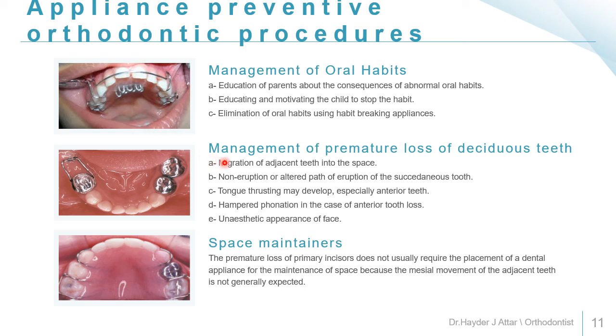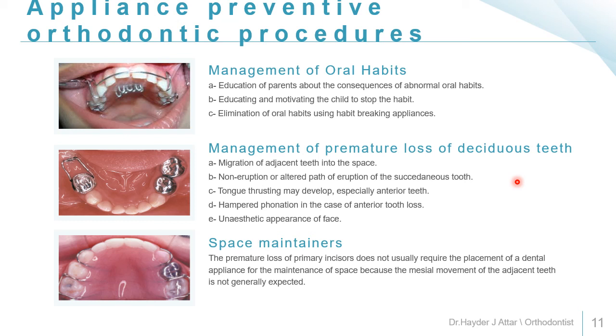For maintaining the space after the premature loss of the deciduous teeth, we have to use space maintainers, because the premature loss of the deciduous teeth may cause migration of adjacent teeth into the space, and non-eruption or altered path of eruption of succedaneous teeth. In addition, missing teeth or premature loss of anterior deciduous teeth may cause tongue thrusting